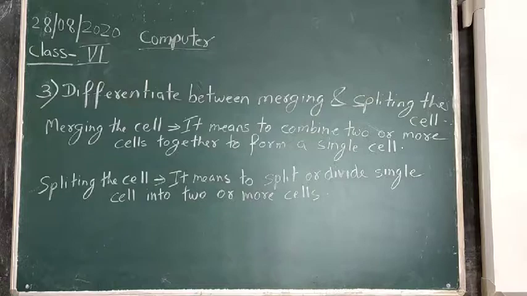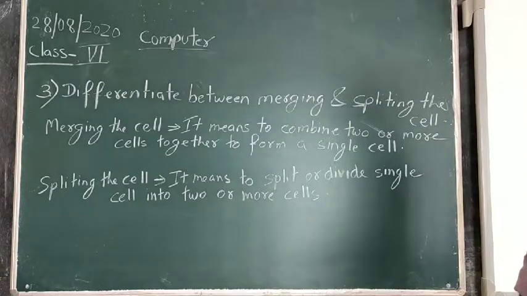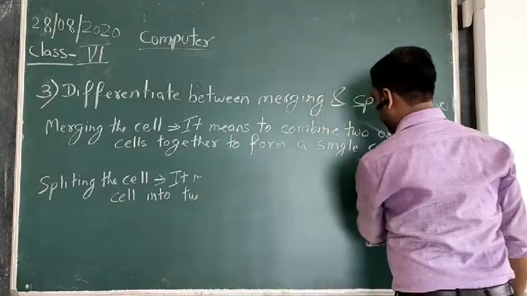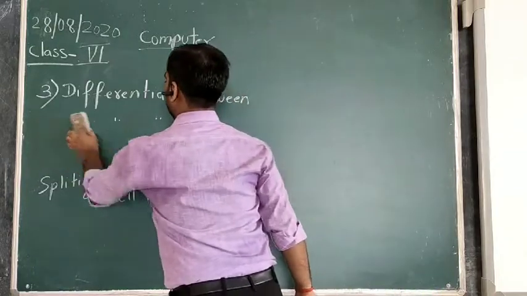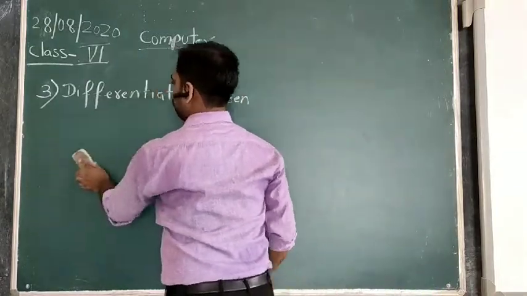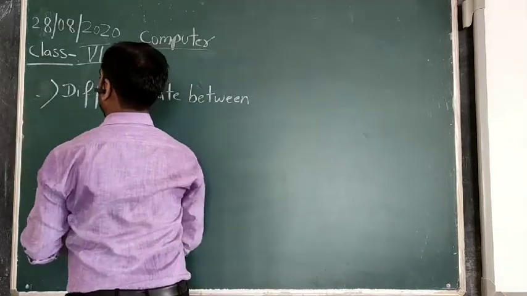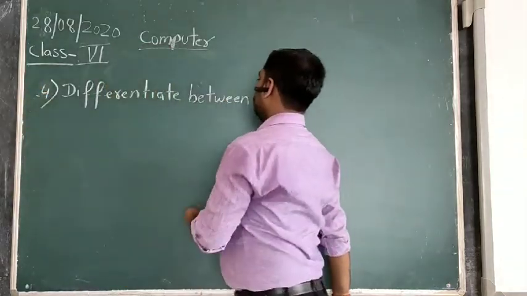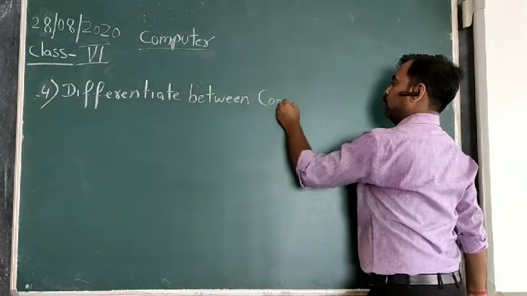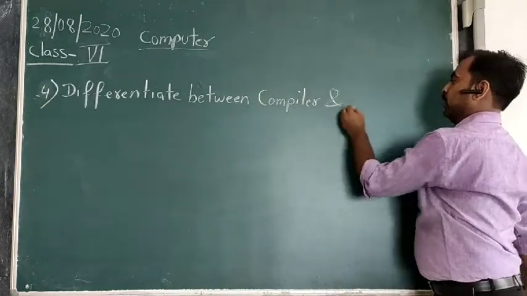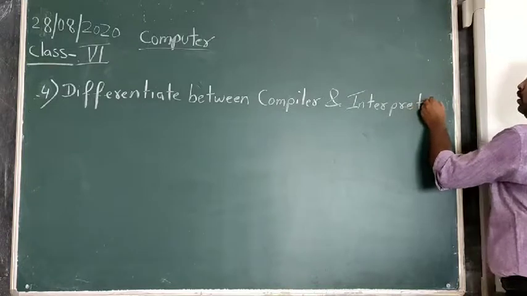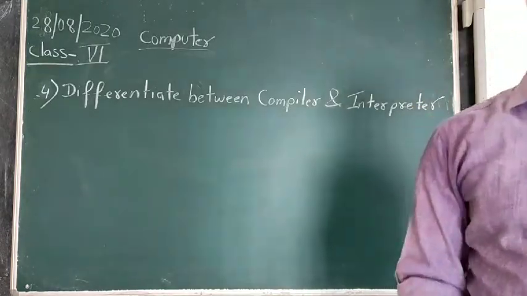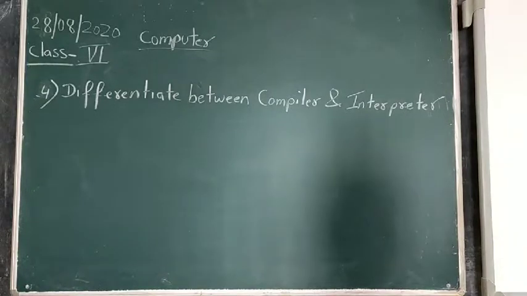Okay. Now the next one is differentiate between compiler and interpreter. The fourth one, compiler and interpreter. The differences between compiler and interpreter. Okay, so